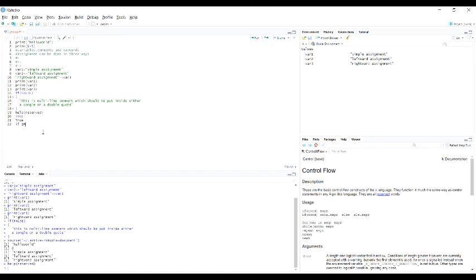If, else, repeat, while, function, for, in, next and break are used for control flow statements and declaring user defined functions. TRUE and FALSE are used for boolean values, and we also have NaN. I am typing capital N, small a, and capital N again.